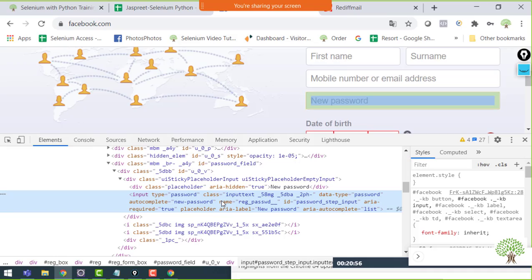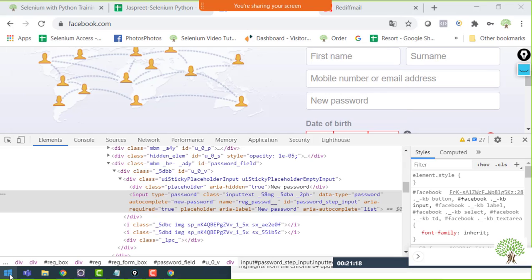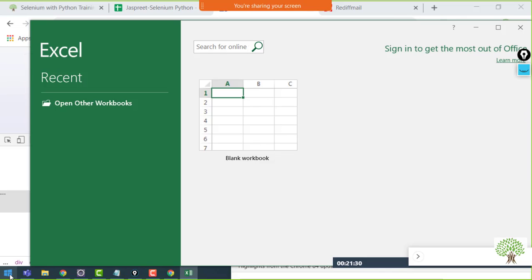Looking like this will become a very tough job to understand which element has which tag and what attributes it may carry. So it's better that I open up an Excel file, and in that Excel file I'll keep a note of all the elements along with the tag names and the attributes they can have and should have, meaning the mandatory attribute and the optional attribute. Okay, so once the Excel file is started,